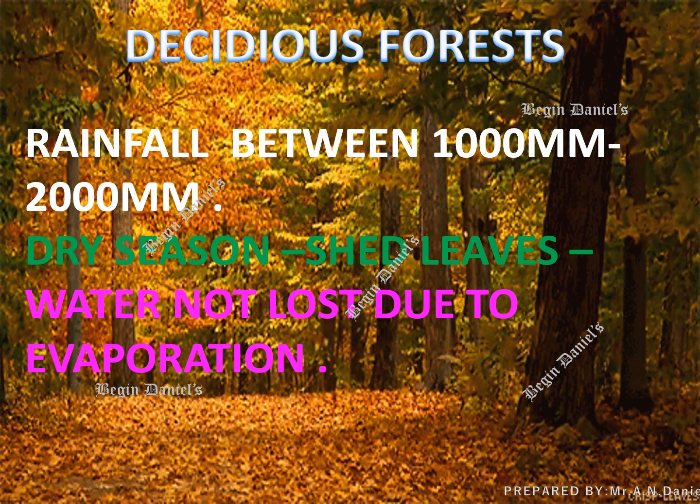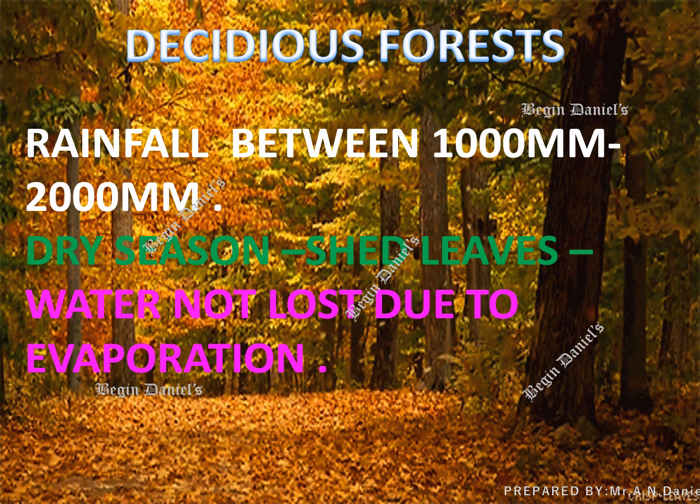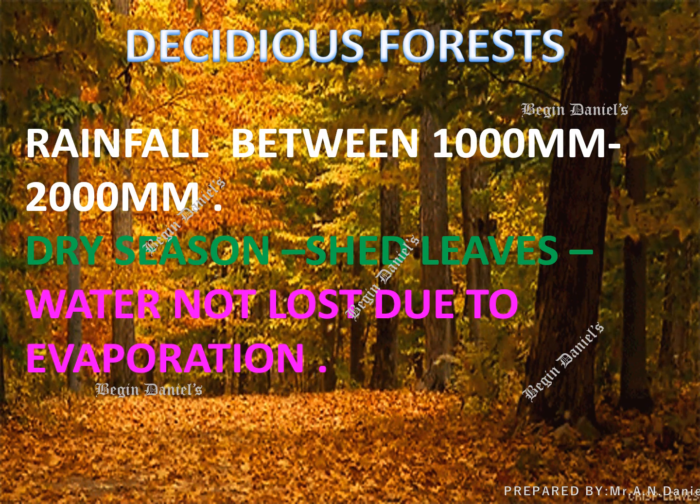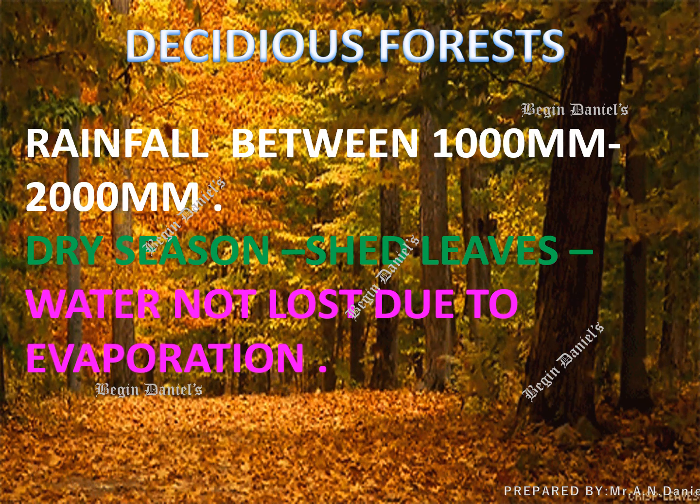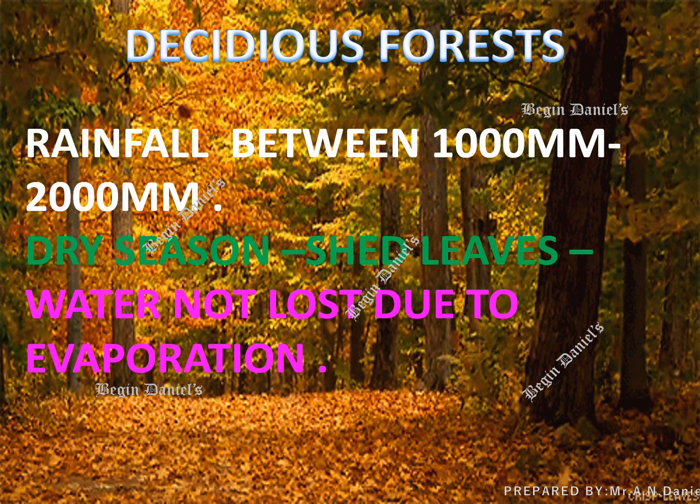The second type of vegetation is the deciduous forest. In India, we can see the deciduous forest in the places where the rainfall is between 1000 millimeter and 2000 millimeter. During the dry season or summer season, the trees in the deciduous forest shed their leaves